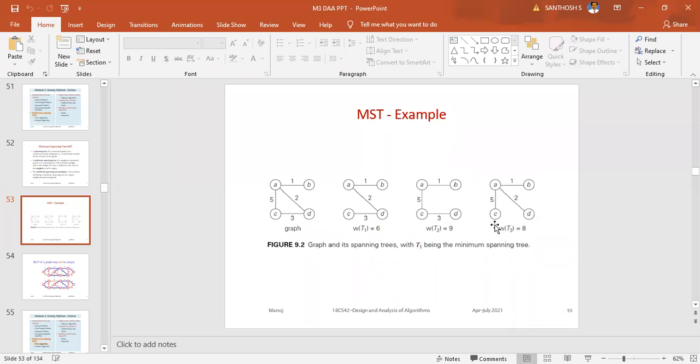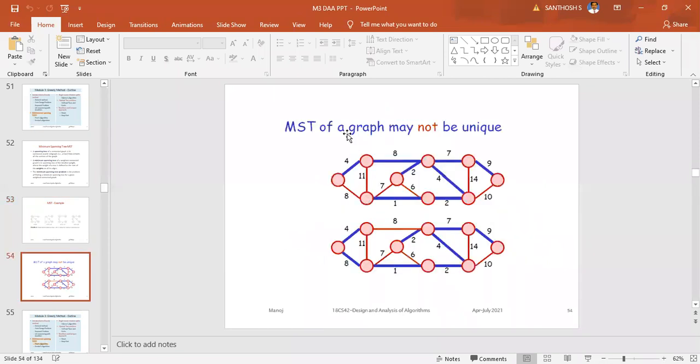These are all subgraphs derived from this particular graph. The subgraphs which are connected and connect all the vertices, we call a spanning tree. So we have spanning tree 1, 2, 3. From all of these, which is the minimum? The weights are 7, 6, 9, and 8. Which is the minimum? W(T1) is equal to 6. That's why we say T1 is the minimum spanning tree. So there are no conditions. Now come to this condition.